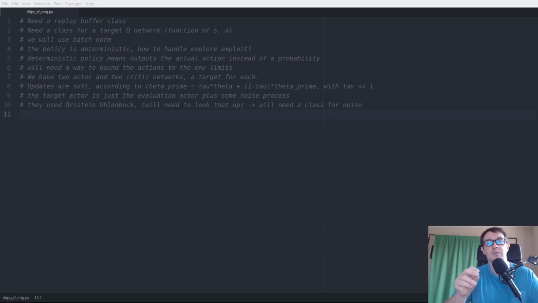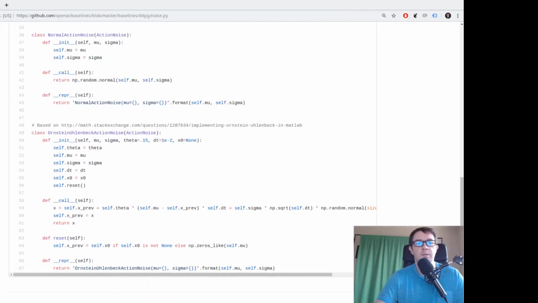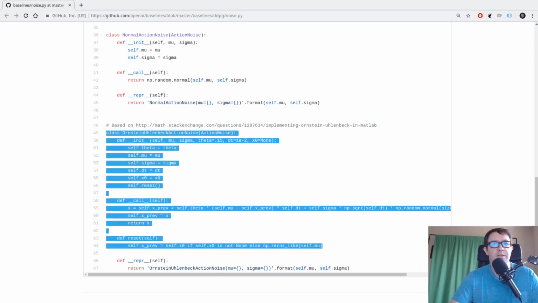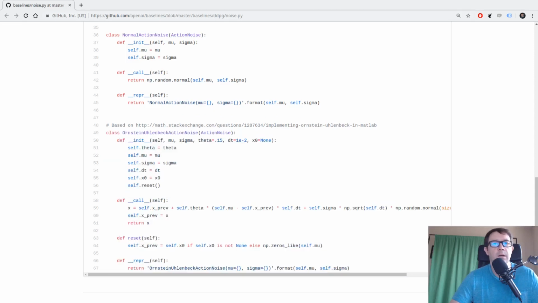The mission now is to find a code implementation of this that we can use in our problem. So if you do a Google search for Ornstein-Uhlenbeck GitHub, as in you want to find someone's GitHub example for it, you end up with a nice example from the OpenAI baselines library that shows you the precise form of it. Let me show you that. You can see it here in the GitHub. There is a whole class for this right here that I've highlighted, and this looks to do precisely what we want. It has previous plus a delta term and a dt term,